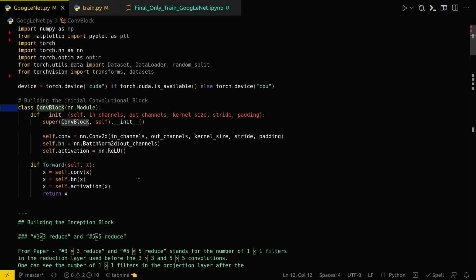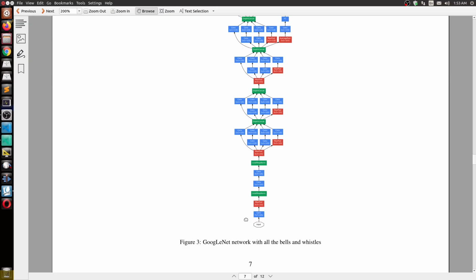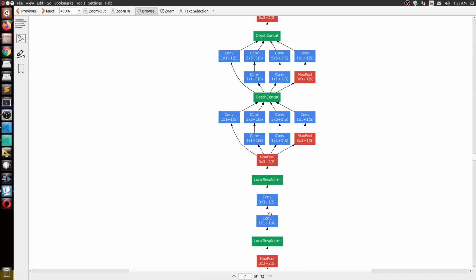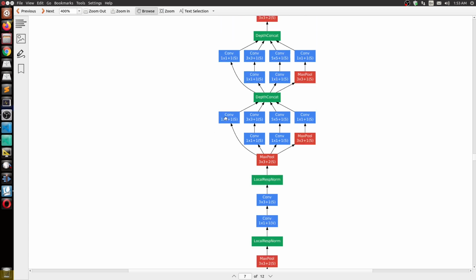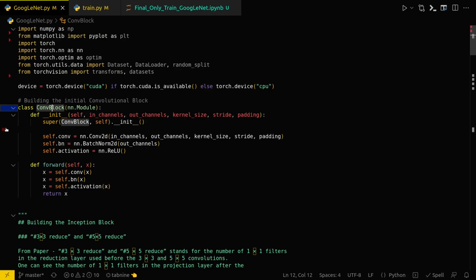And why this conv block is required is, if I go back to my architecture, that conv block is what I will implement in the stem part, the initial part of the network. And each of these convolution layers inside each of the Inception blocks will also be implemented with this